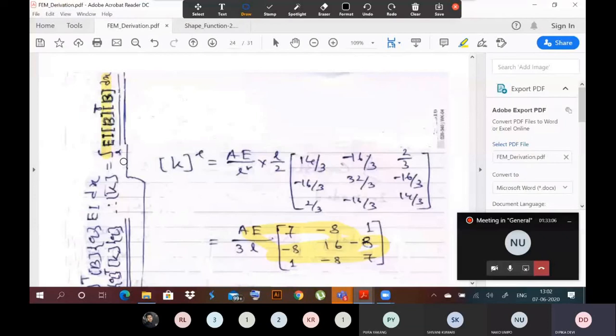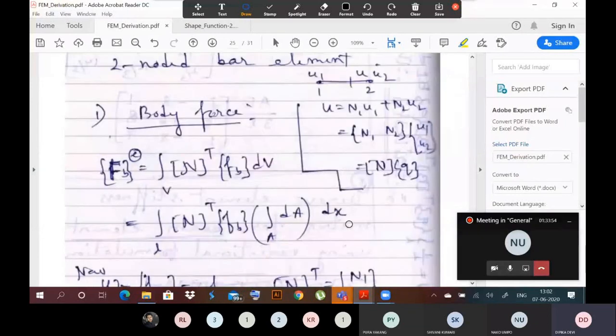I have already told you there may be a consistent load vector due to surface traction and a consistent load vector due to body force. So here I have derived the consistent load vector due to body force and surface traction for a two-noded bar element. They will be different for different elements. You have to derive it separately for different types of element. First I have derived it for the two-noded bar element, then we will derive for the three-noded bar element, then for the beam, then for the frame. So that many at least we need.